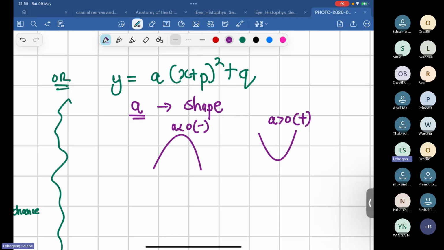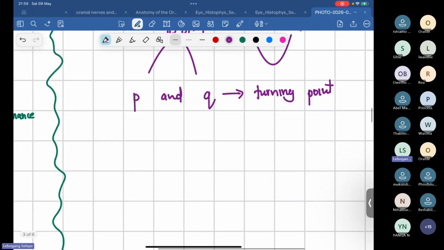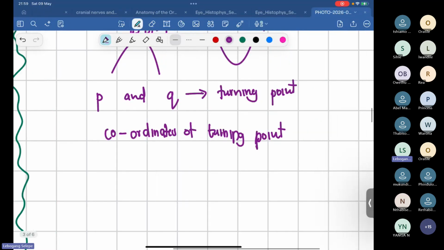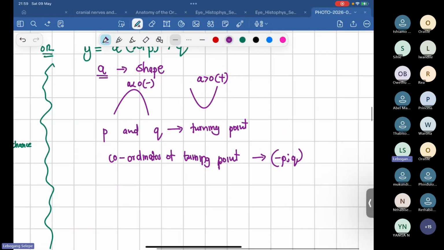That does not change. Now, P and Q are basically talking about the turning point, right? So we are saying that the coordinates of the turning point are written as negative P, Q. So if you know the value of P and Q, you basically just change the